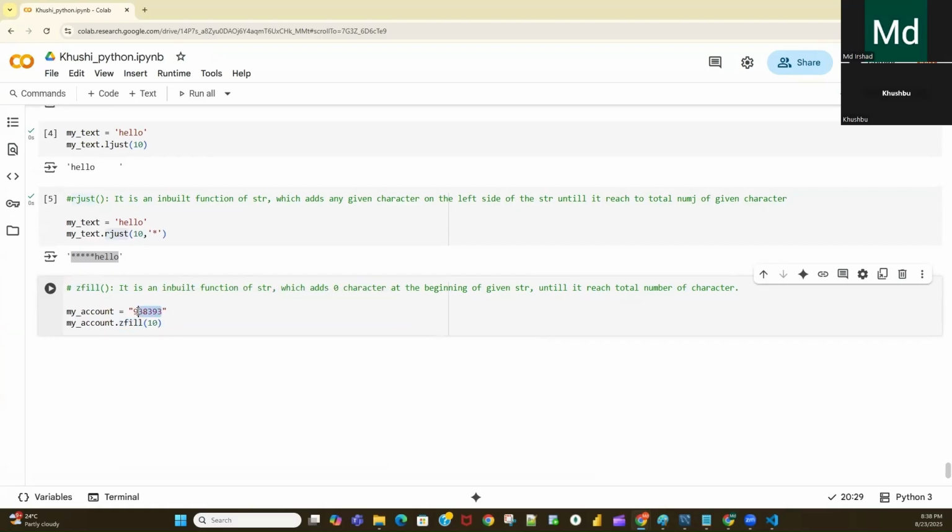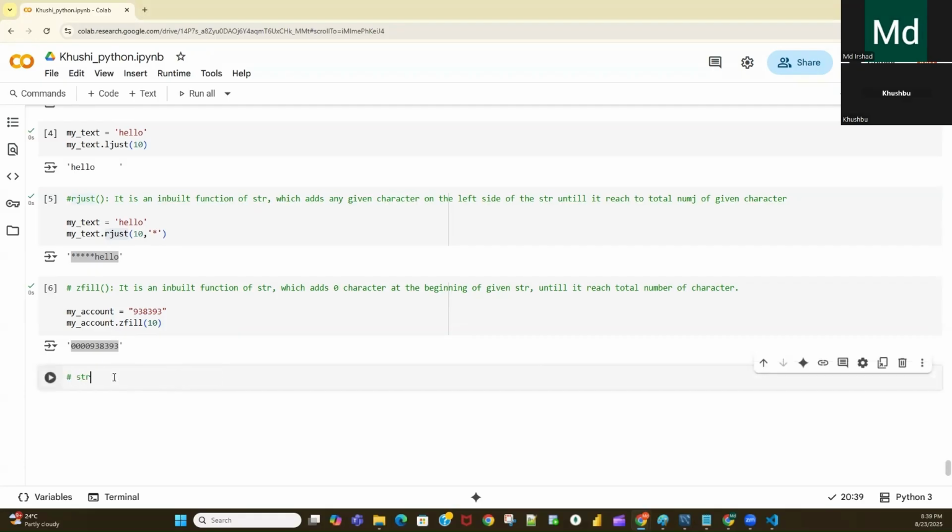First, it will count how many digits are there, and then how many characters are required in total. This is 6, so 10 minus 6, 4 zeros are required. So it will add 4 zeros at the starting of this string. If I execute, you can see 4 zeros are added, and if you count, this will be your total 10 digits. So here the zfill function will be used.